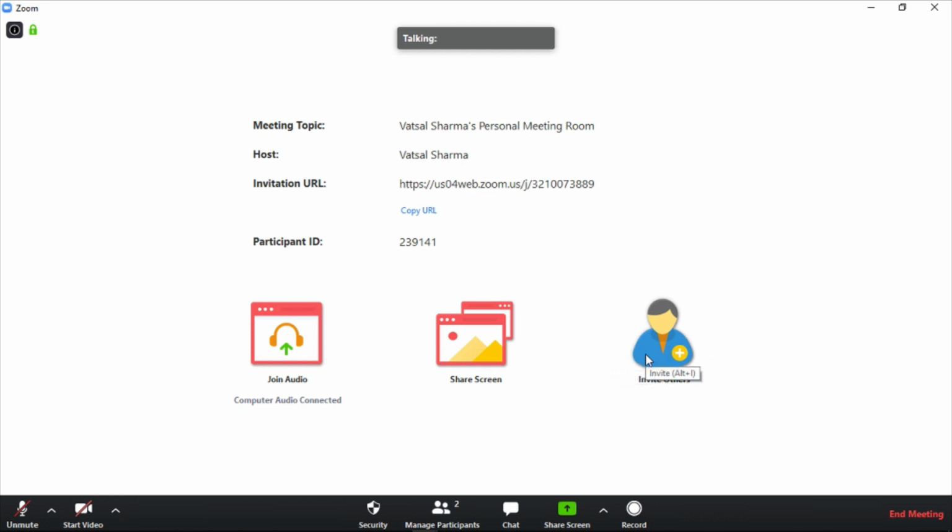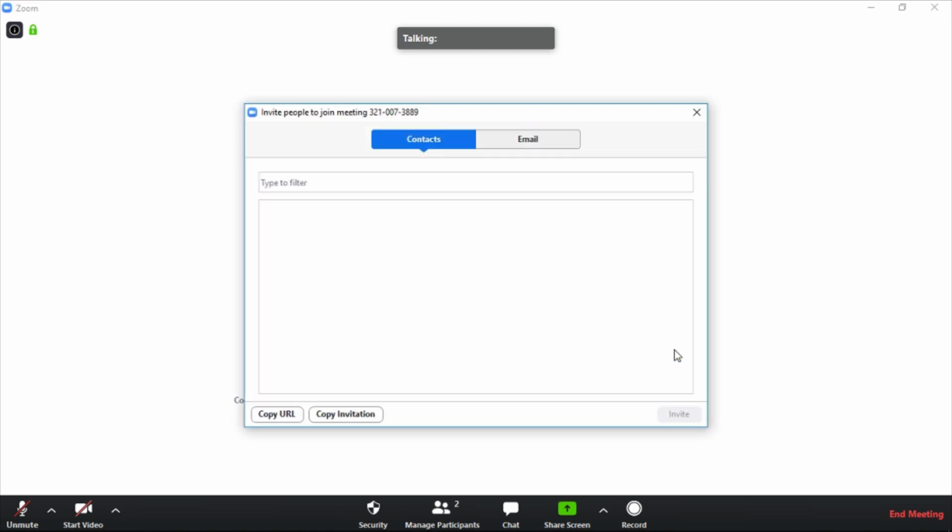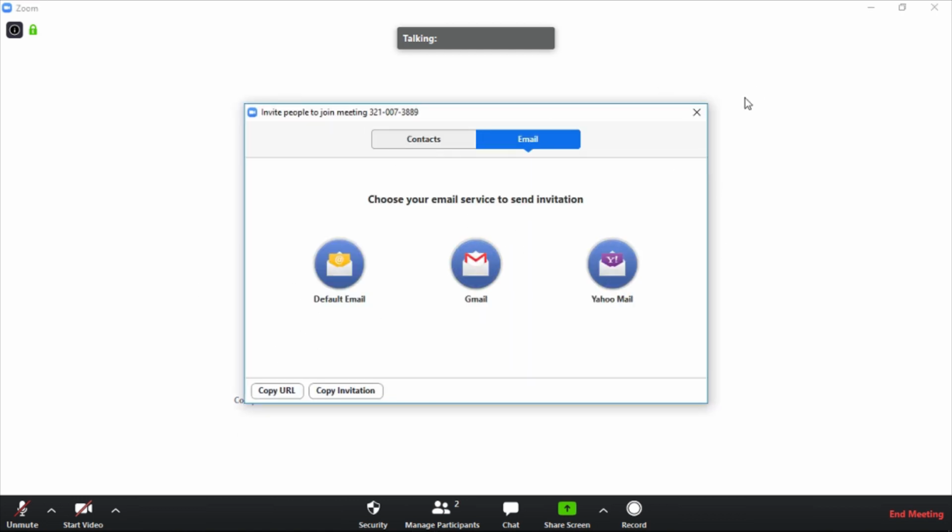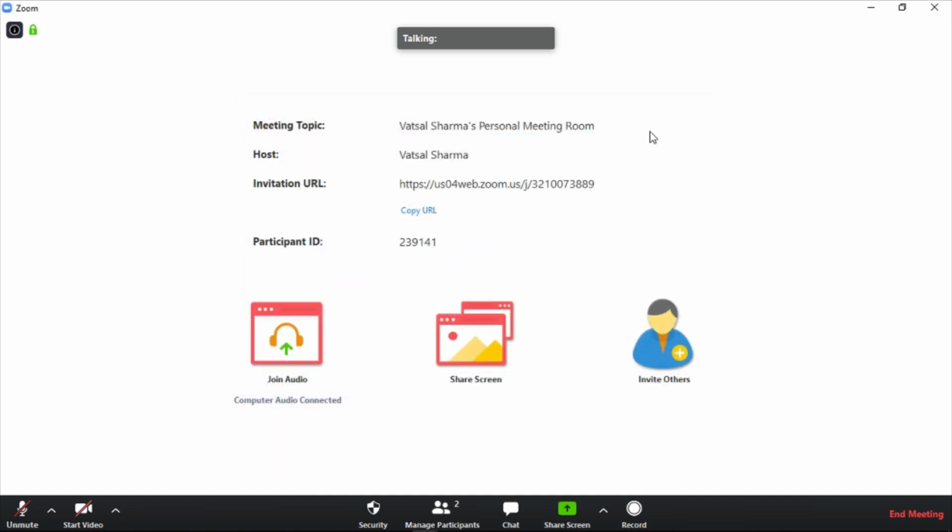For that, the person should be on your contact list, or you can just send it via Gmail, or you can email someone with these three things. Now let me go on the mute and start video function. If you press alt A, your microphone would be started. So now you can see.